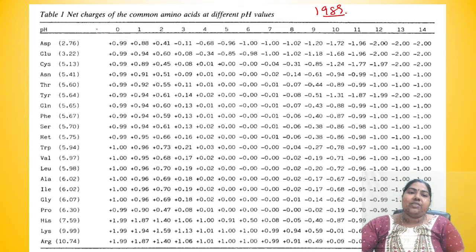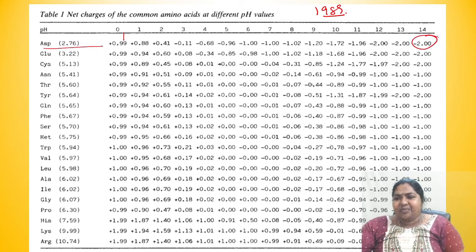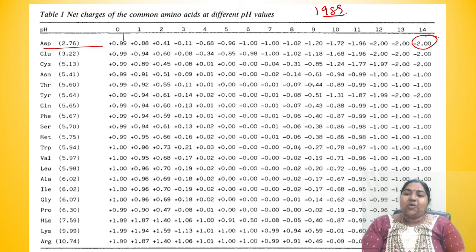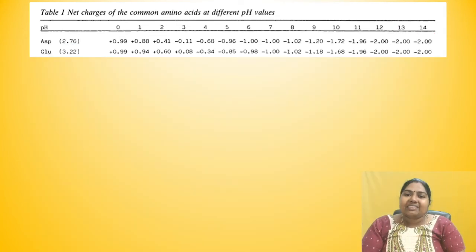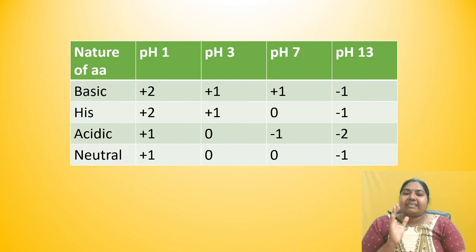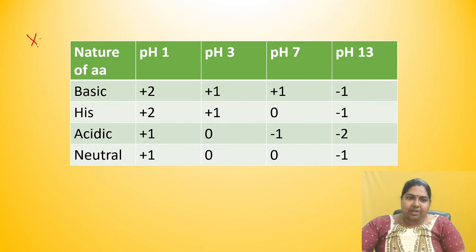So where they give the total charge or chart of the net charge of any amino acid with respect to the pH. But literally nobody is able to memorize all these values. So what I have done for you is condense all this information into a very, very simple chart. If you want to solve problems pertaining to calculation of the net charge of any peptide, you have to definitely memorize this table. No way around it. Okay, fine. So let us see the logic behind this table.